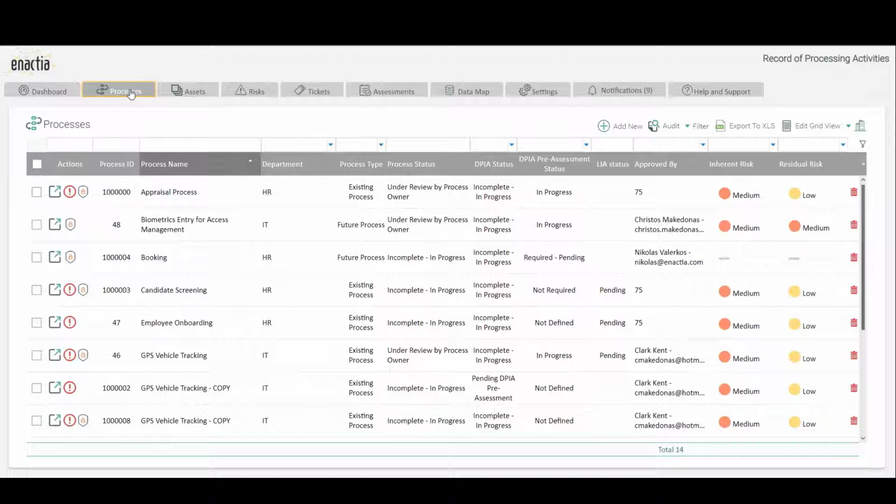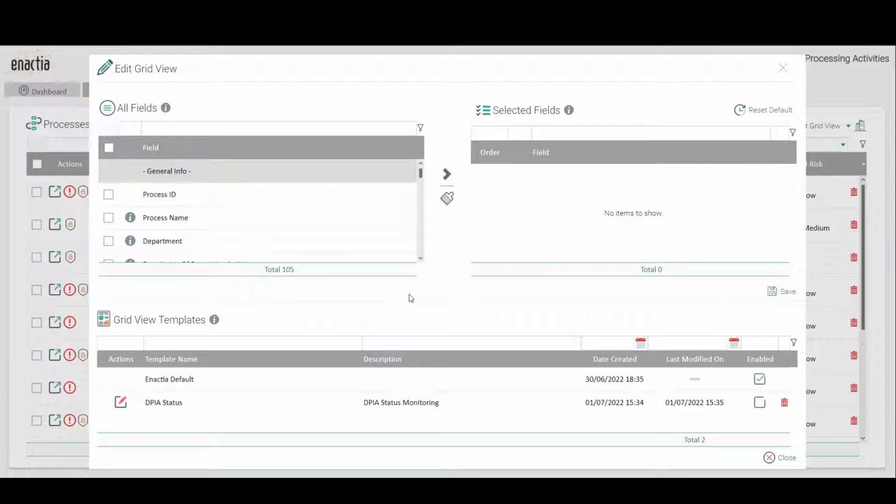grid view. So basically, each user can customize the look and feel of what columns, what kind of fields should be presented for convenience to each user. In fact, each user can have multiple list grid templates that they can choose anytime in order to export relevant reports afterwards. So basically, if I go to the Edit Grid View button, a new pop-up will be presented where